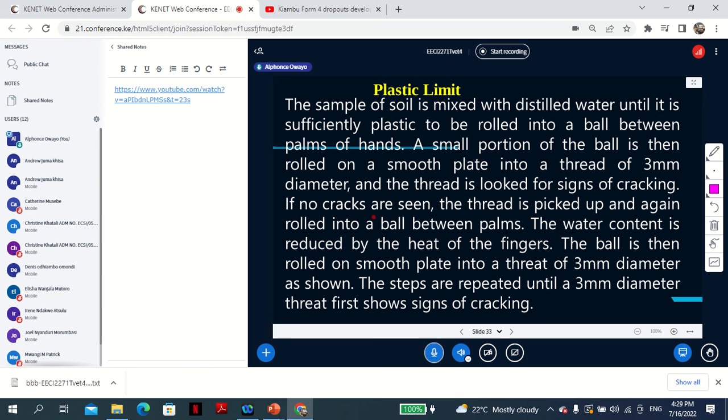If no cracks are seen, the thread is picked up and again rolled into a ball between the palms. The water content is reduced by the heat of the fingers. The ball is then rolled on a smooth plate into a thread of 3 millimeter diameter as shown. The steps are repeated until the 3 millimeter thread